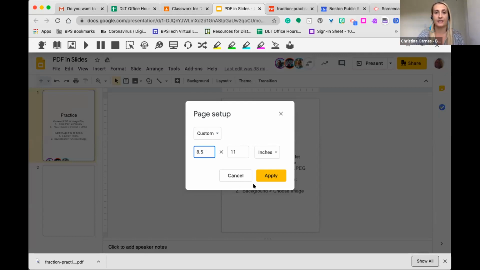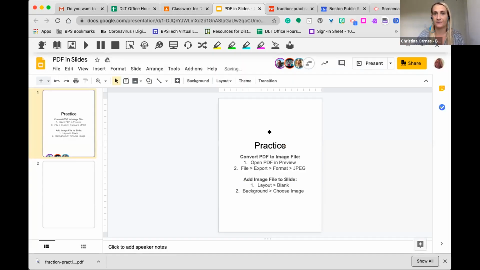And so it looks like it gets to be that size of what those typically come out as. Now, you can't make a PDF a background on slides. You have to convert it to an image. So when you download that file, can you see my Finder down here, Kate,